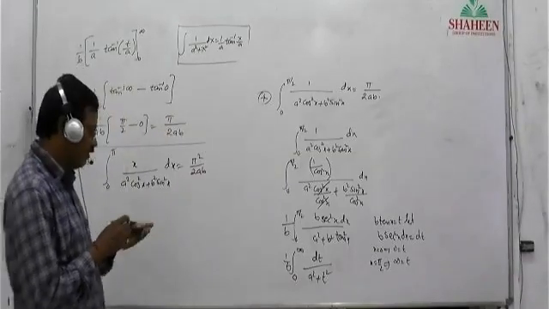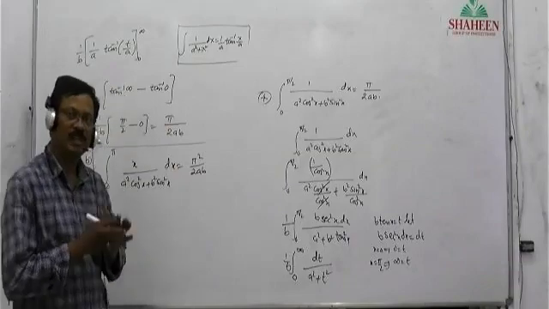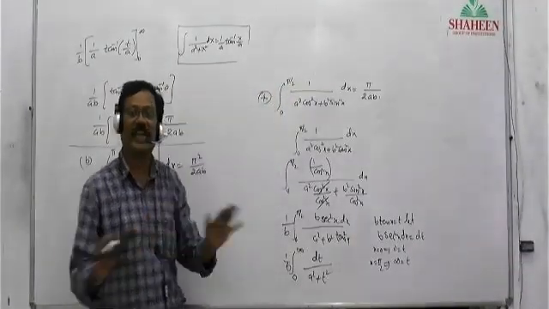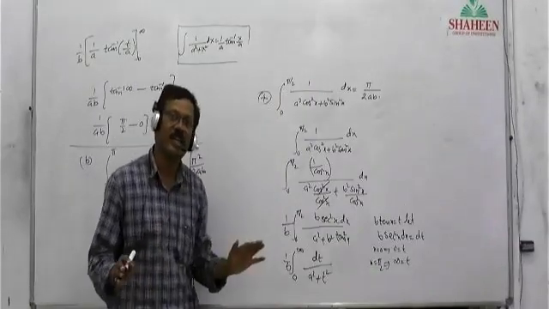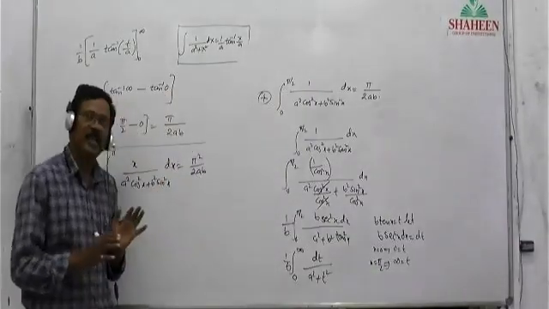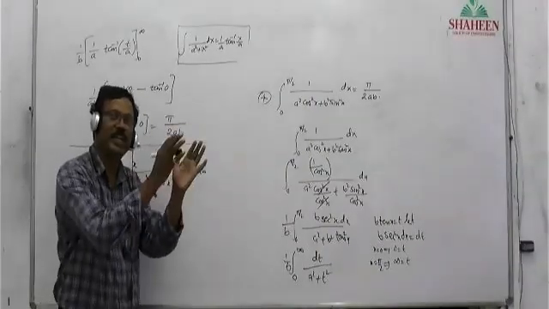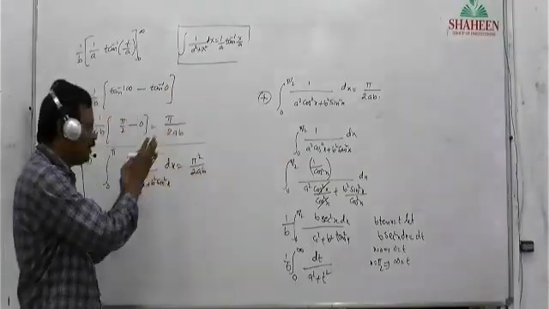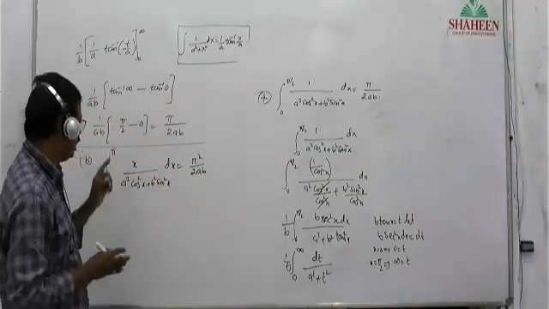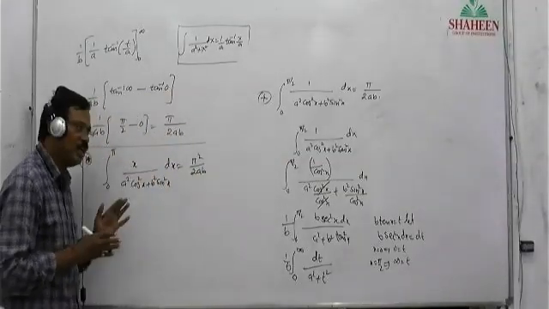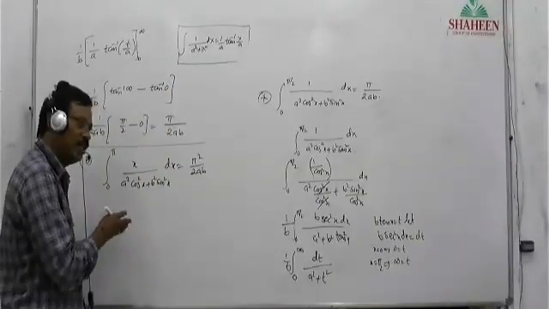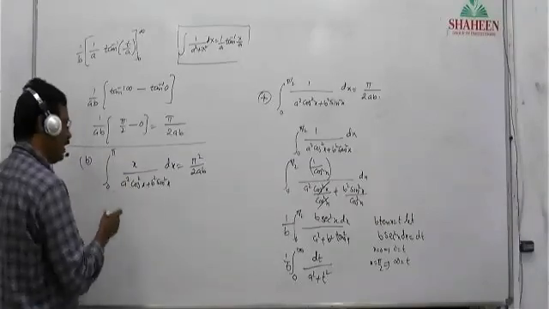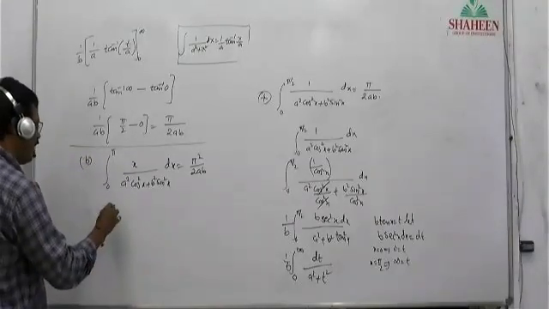Now, this is one more important point. In the fourth problem, x is not there in the numerator. But in this problem, x is there. Suppose you find x in the numerator in any problem, that is the same method. Now I am telling that method. You find x in the numerator, you apply this method only. You have to remember, if x is there, apply like this.